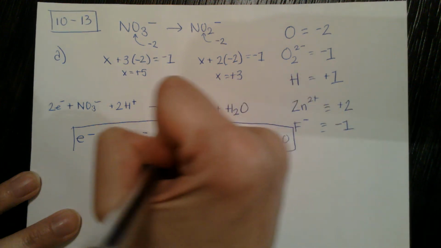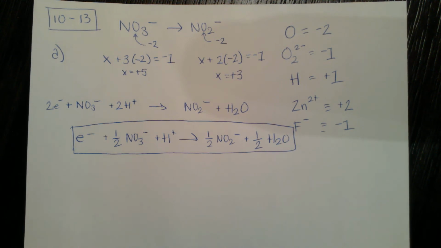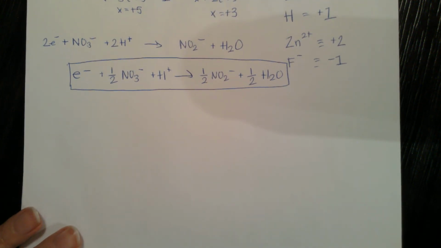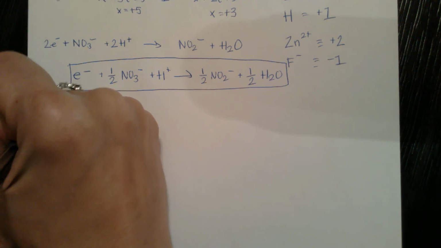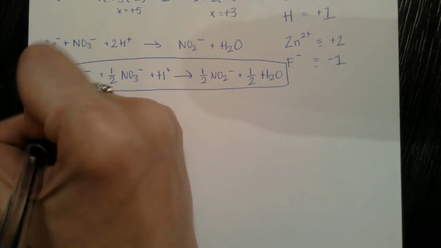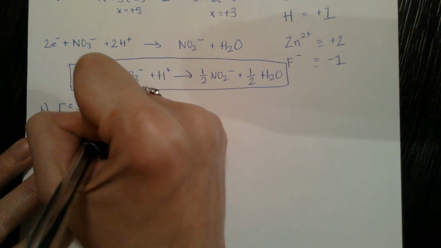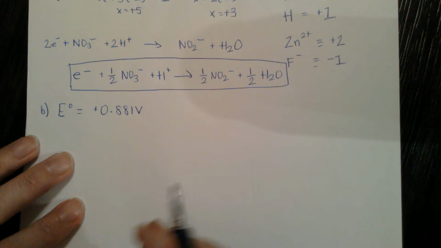So here is our half reaction with our 1 electron, where again, we did introduce those fun fractions of 1/2. Okay, so that's part A. Now on to part B. Given that for this reaction E0 equals 0.881 volts, we want to find